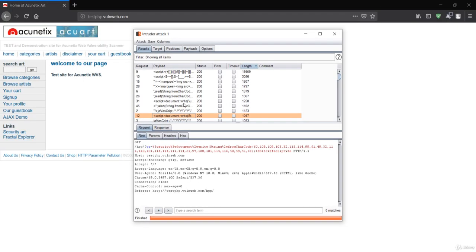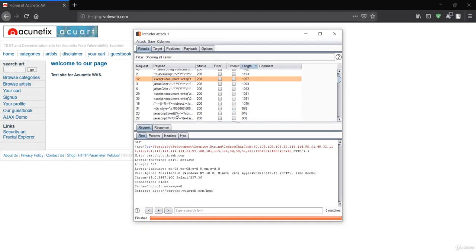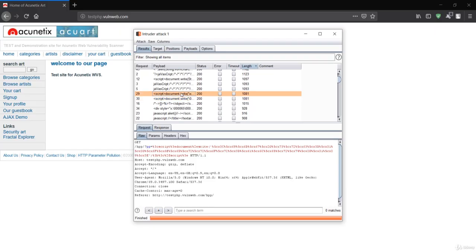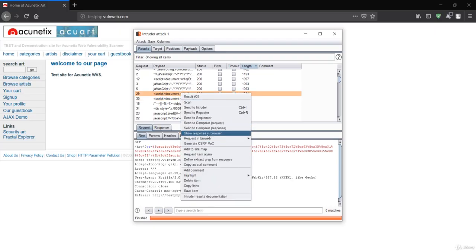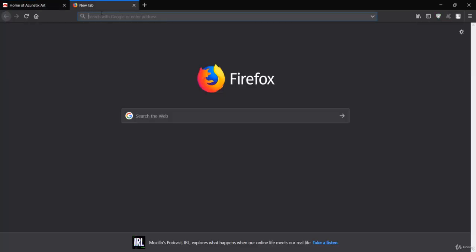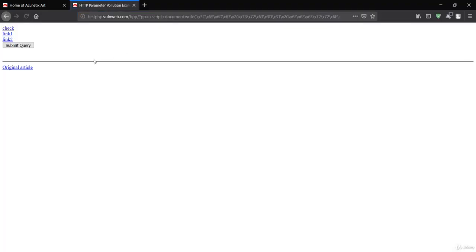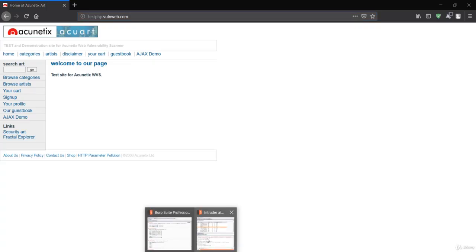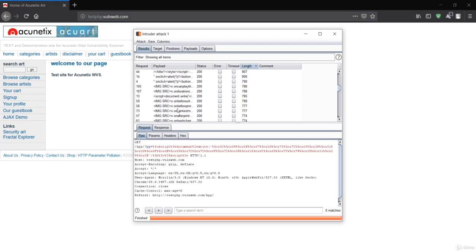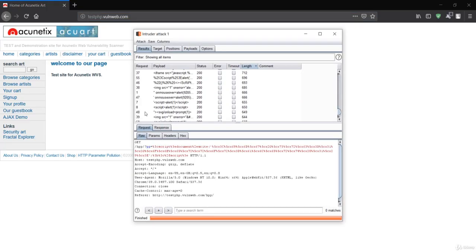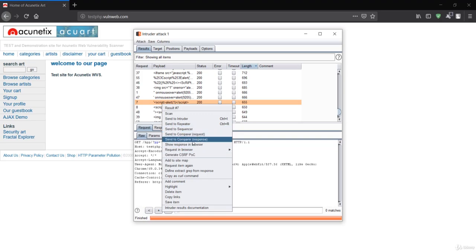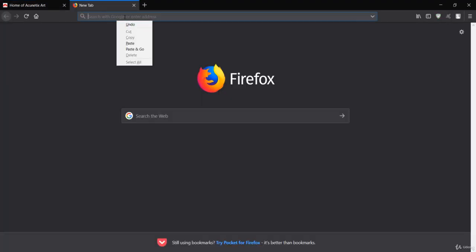So you can see that we have not had any chance of success till now. So let's hope this works or not. So response in browser, let me just paste it down, and again this is also not working. So what has happened is simply our payload is not working correctly. So let's see for this one. Response in browser, I think this must work. Okay, again this is also not working. So this has been encoded right here.